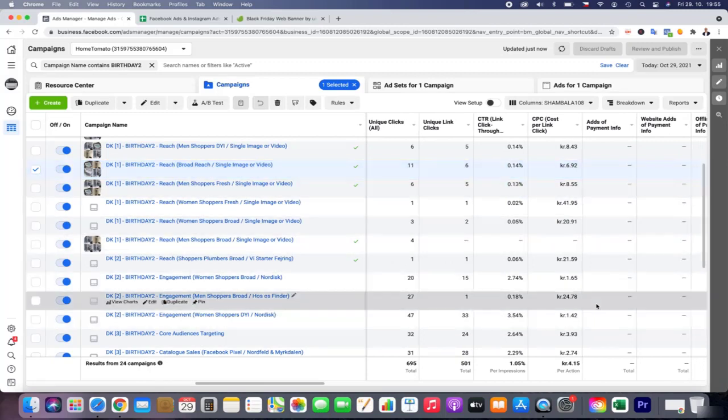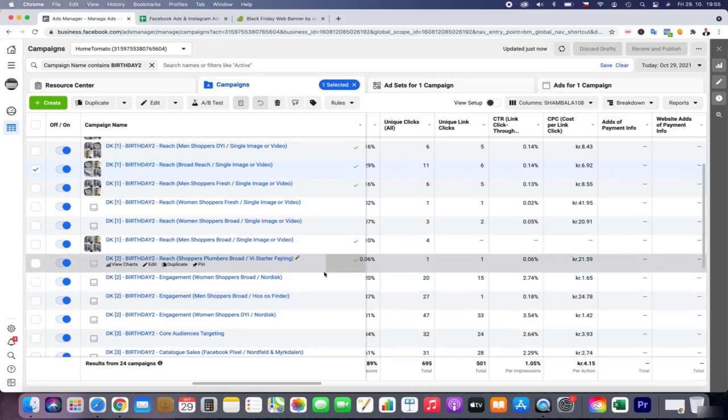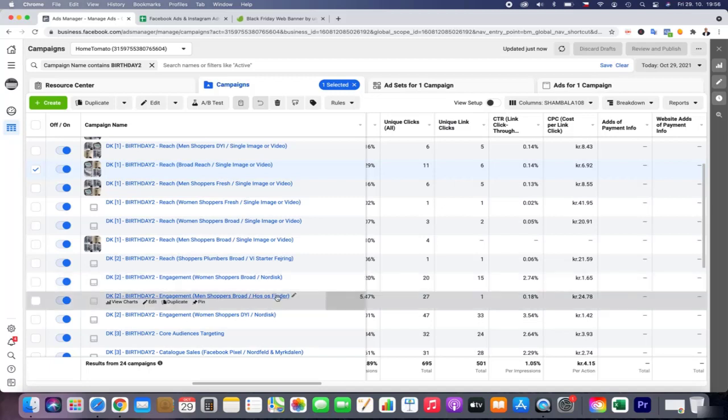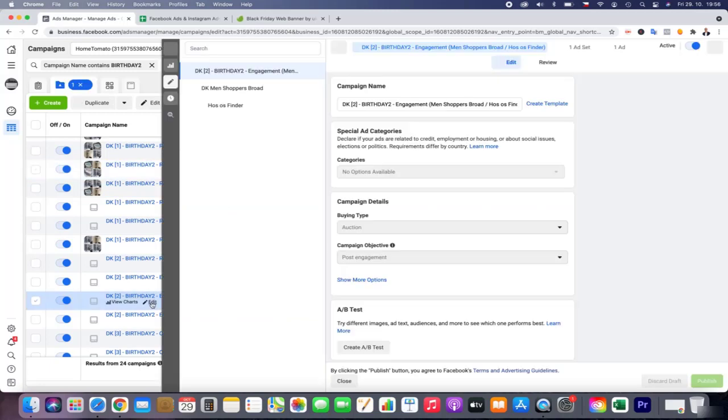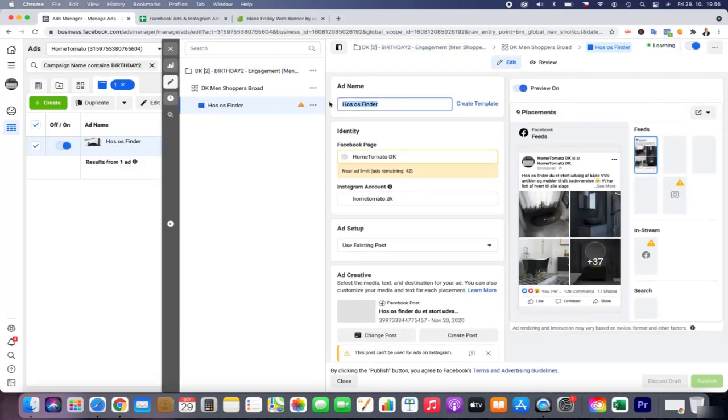And then we continue. This is still okay, it's engagement, but it's not doing so well, as you can see. So maybe for this, if we compare, we can see this gallery has much better link clicks. Like when we have the engagement, we don't look so much into the sales itself.